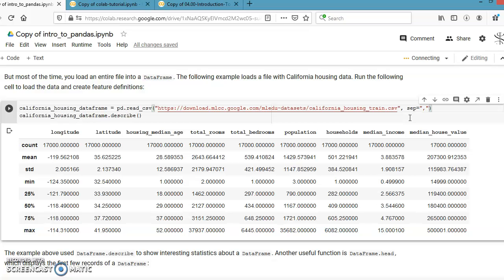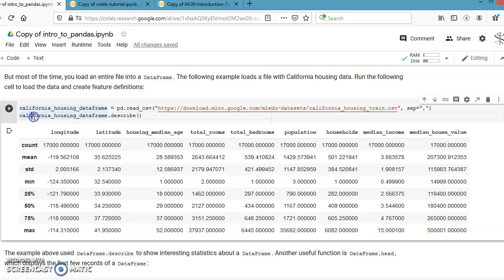Then the California housing DataFrame is an object in which we are going to store the California housing training data.